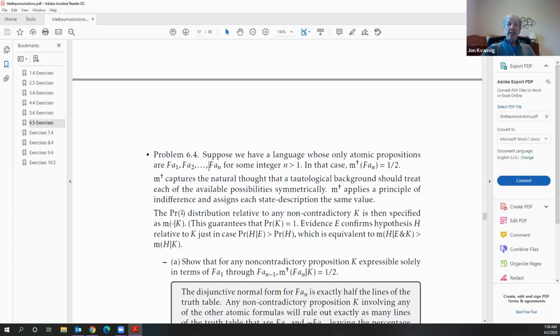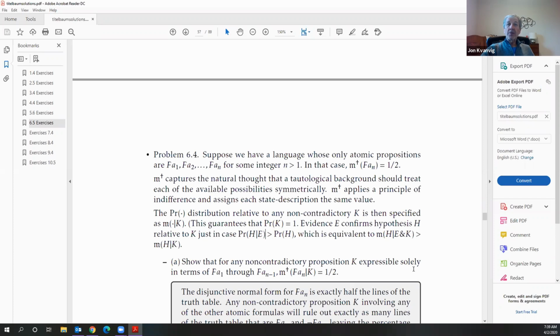And then the probability distribution that we're talking about treats an unconditional probability as a conditional relative to k, where k is going to be tautological background. And that guarantees that the probability of tautologies, all of them, is 1. Evidence E confirms hypothesis H relative to K just in case the conditional probability of H on E exceeds that of H,